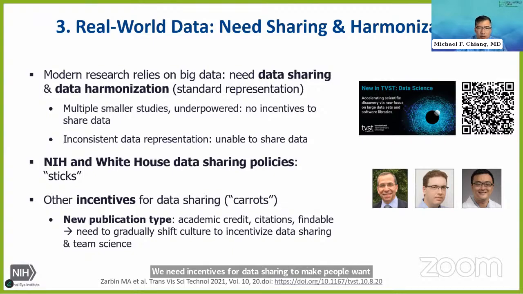And for the past few years, in terms of those carrots, I've been meeting with the editors-in-chief of the major vision journals a few times a year. What can we do together to advance the field? And a few years ago, we came up with this idea, well, let's create a new publication type called a data set or software library publication type. So you can write a paper just to publish your data. And the rationale with that is that people could get academic credit for publishing data. Somebody else could cite it if they use it, and you can find it using PubMed.